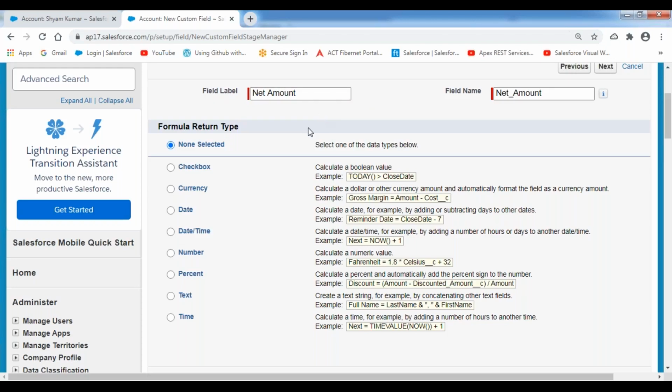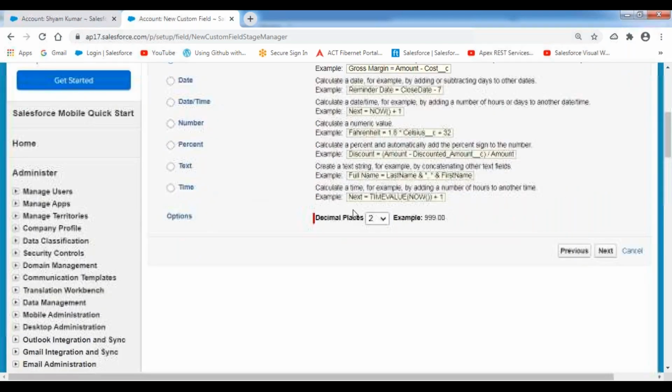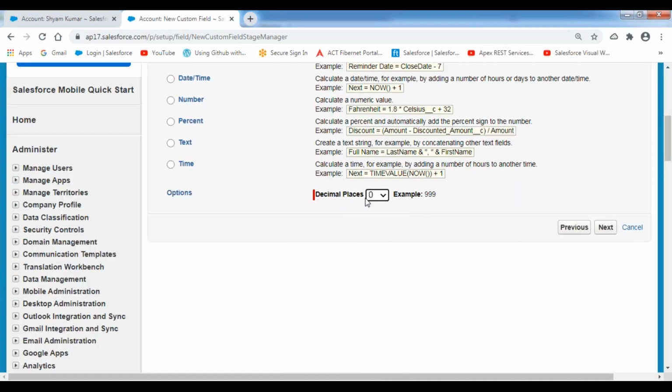So what is the return type? I'm getting some salary, like 75 lakhs. From that, my tax is some 6 lakhs 13,000. Whatever the remaining amount is, like 68 lakhs 87,000 rupees, that is what we are going to calculate. That is also revenue, right? So my formula return type will be currency. I'm selecting the formula return type as currency. I don't want to show any decimal places, so I'm indicating 0. Click on the Next button.